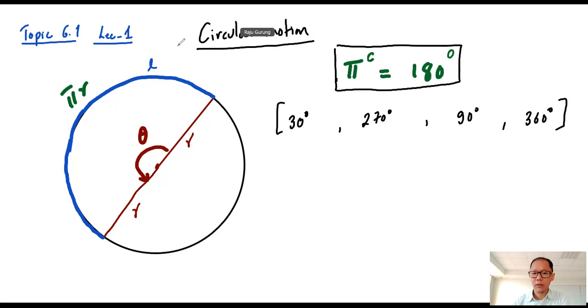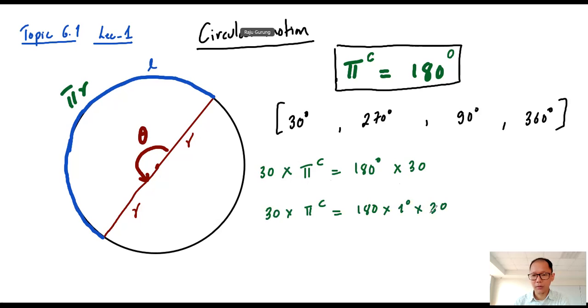Now, using that definition, let's try to find what 30 degrees is in radians. So pi radian is basically 180 degrees, right? Because I want 30 degrees, can I multiply this by 30 on both sides? If I multiply 30 on both sides, then I will have a 30 here. And also, can I not write this as 30 pi radian equals 180 times 1 degree times 30? Now if I divide both sides by 180,